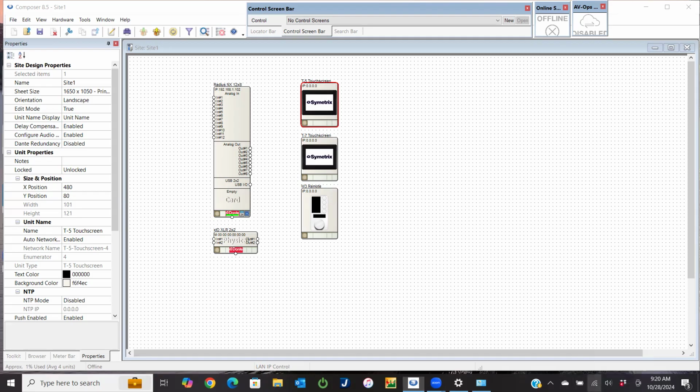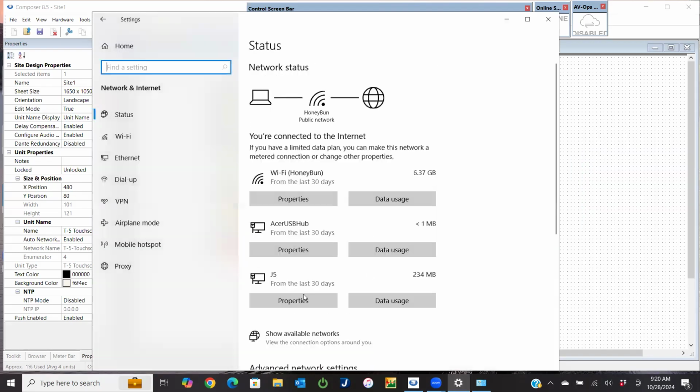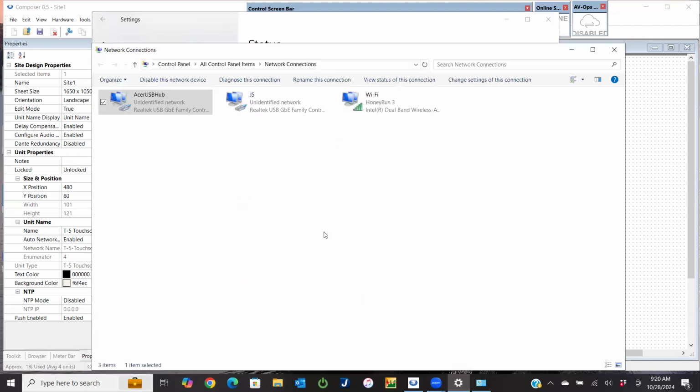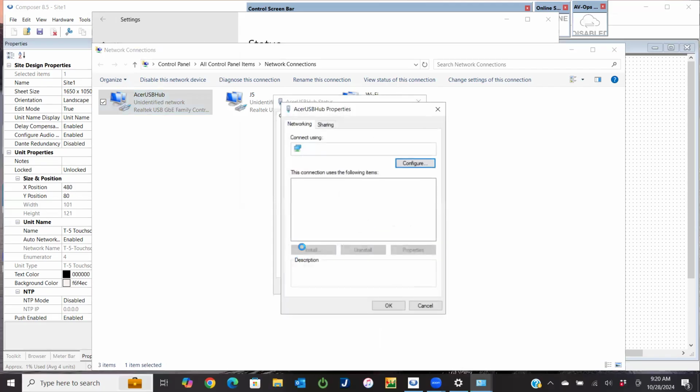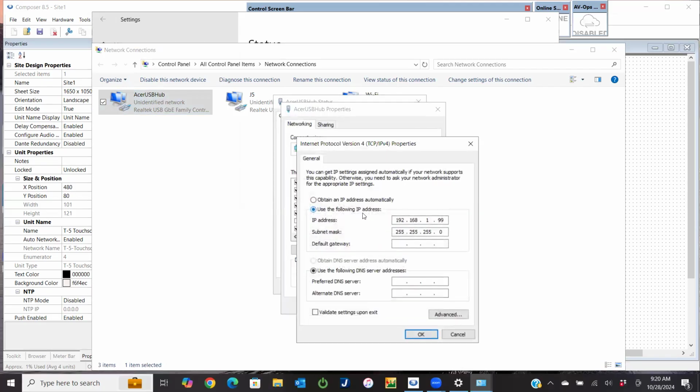And then on the network side, we'll go to network and internet settings and scroll down to change adapter options. I have two network adapters plugged into my computer. One USB network adapter actually has a hub and the other one's plugged into it for use of one port on the computer. The one that's labeled Acer USB hub, if I double click on it and then double click on properties and double click on number 4, you'll see that I have already set it to the static IP address scheme I would like to adjust all of my devices to, 192.168.1, and I've chosen 99 for my computer,